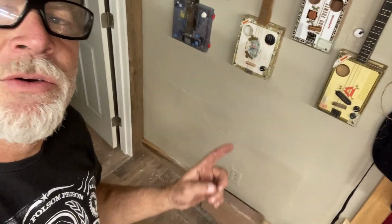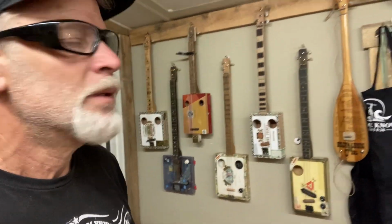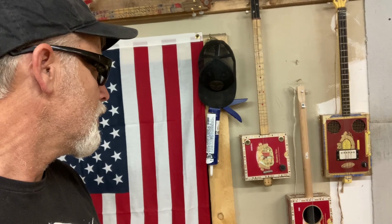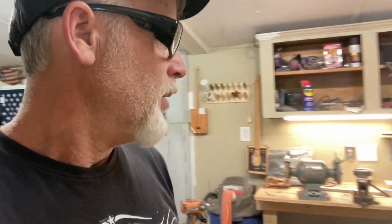Anyhow, I started to create a wall of fame here. So I got it trimmed with this rustic rough cut lumber, both the bottom floor trim and the side trim around the doors. So I can start displaying these things, and got the Merc up there. Oh yeah, my number one, very first cigar box guitar ever. One of these days I'm going to do a video and show you all these little eclectic, weird psycho instruments. But in this video, I was more concerned about getting everybody's input on how together we can